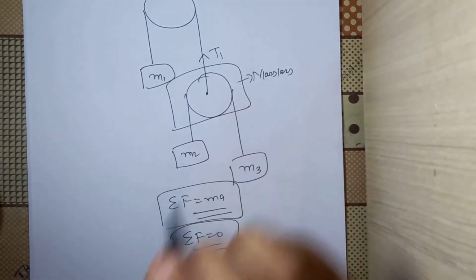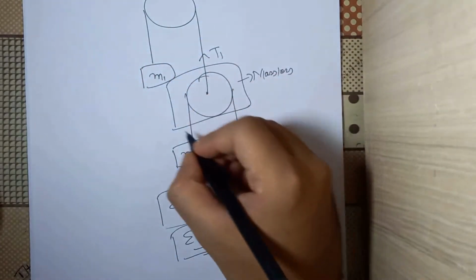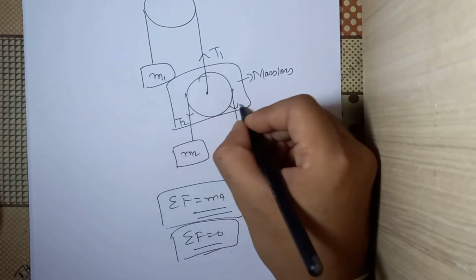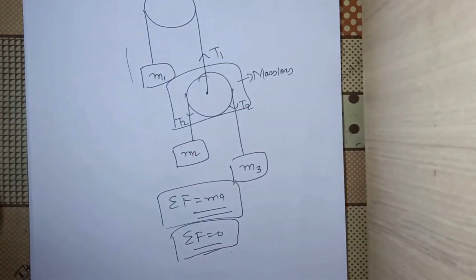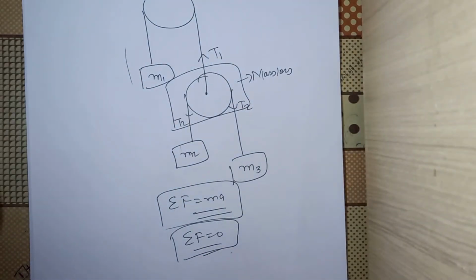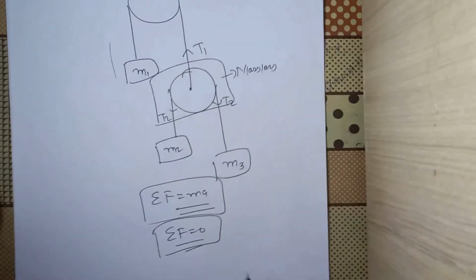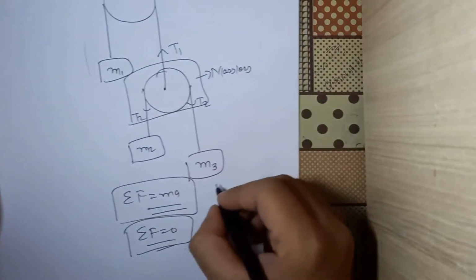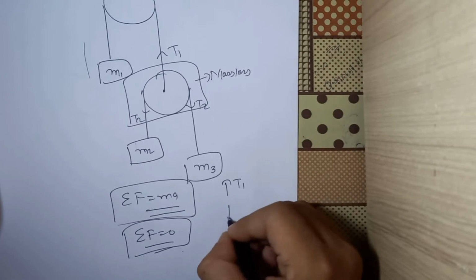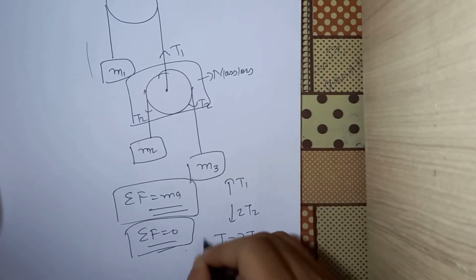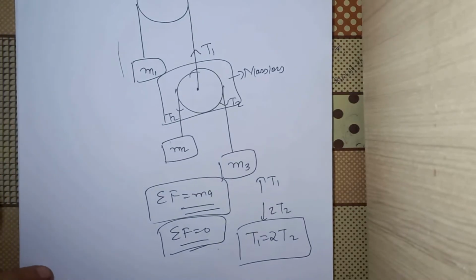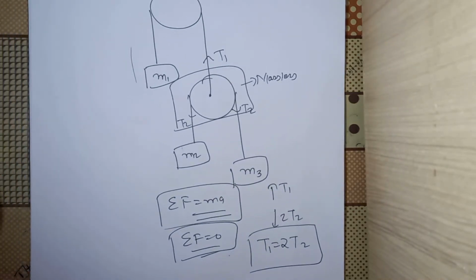Tension is always a pulling force. And we can also say that there will be T2 here and T2 here. Okay, so let's say there is a tension T2 in this rope and there is a tension T1 in this rope. Now based on this fact that sigma F has to be 0, I can say that on this pulley there is an upward force of T1 and there is a downward force of 2T2. So I can say that T1 has to be equal to 2T2. So this is the one relation that we generally develop in multiple pulley systems.